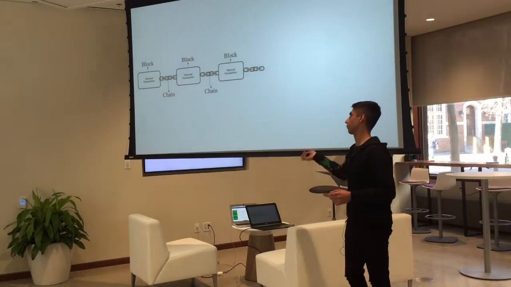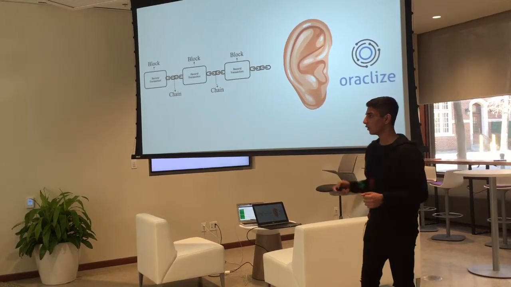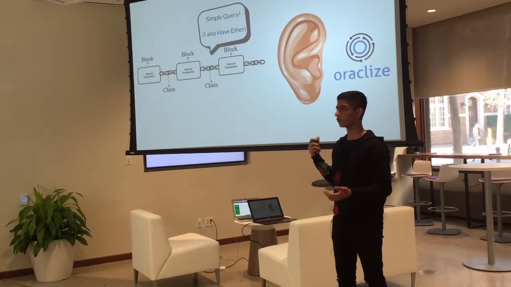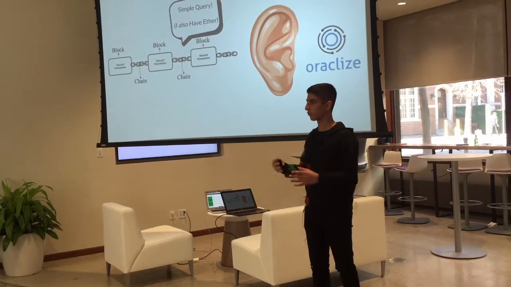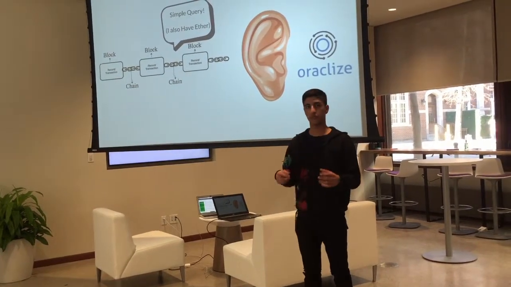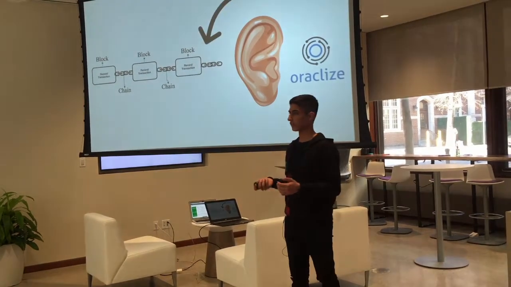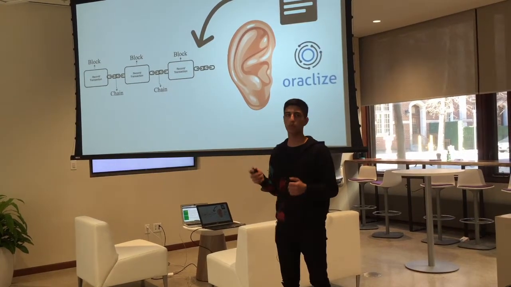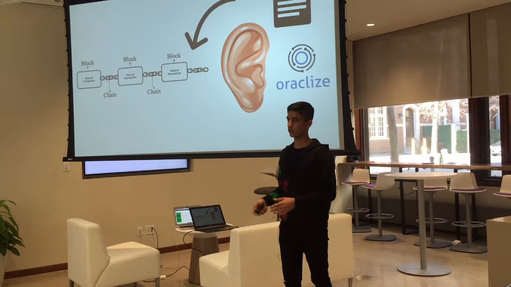How they work is you have a blockchain, and you have oracles that are listening to the blockchain. Let's say I execute a smart contract and I want to make a request. It would send out a signal saying, hey Oracle, I have a simple request for you, and I also have a little bit of Ether as a reward for doing it. So the Oracle is going to take that Ether, it's going to give back an answer, and a lot of oracles also give back some proof that their work is trustworthy.